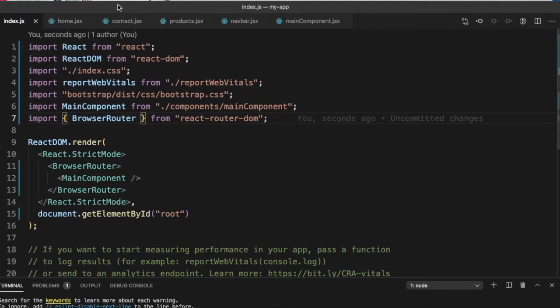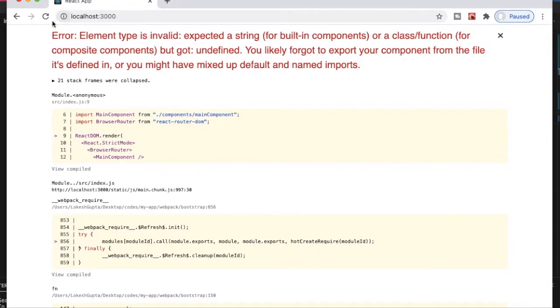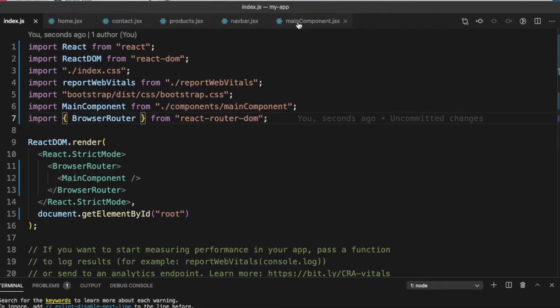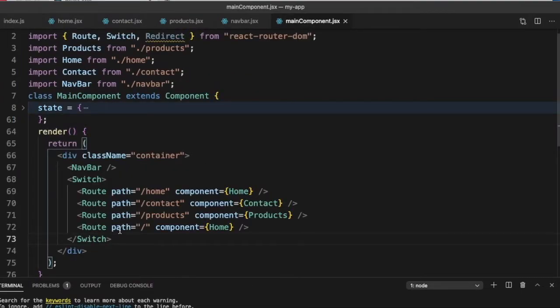So this is an important error. So we get our page. Now you can see here the URL is localhost colon 3000 and it is showing the home page. Why is it showing the home page? Because if we go back to our main component, we are saying path is equal to slash, component is equal to Home. If we had instead used the Redirect, let's see what we get.